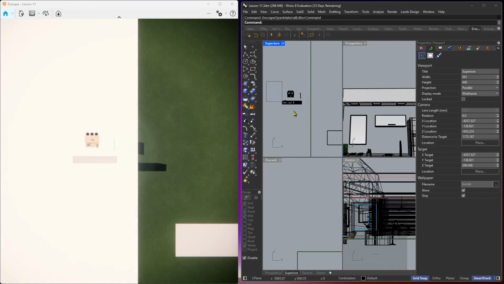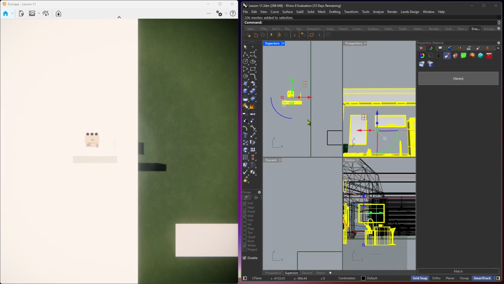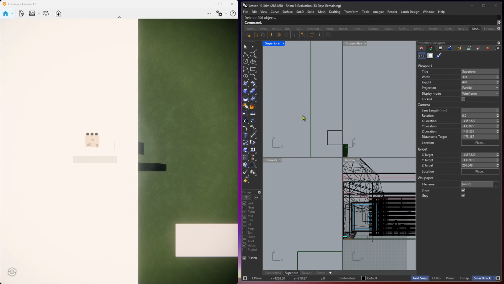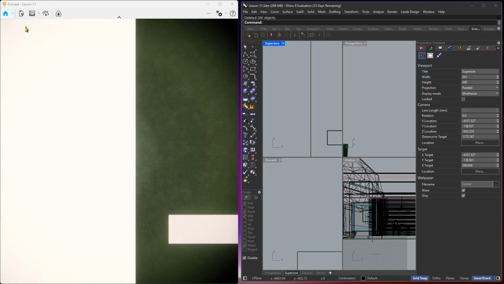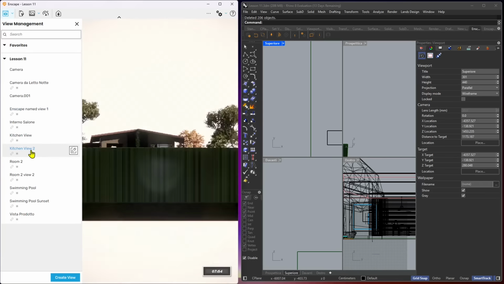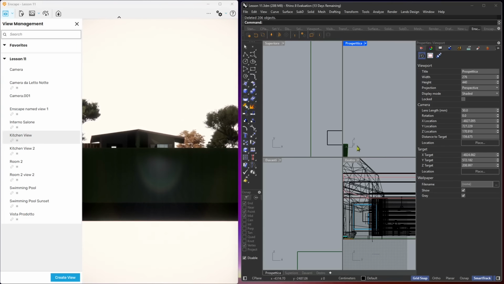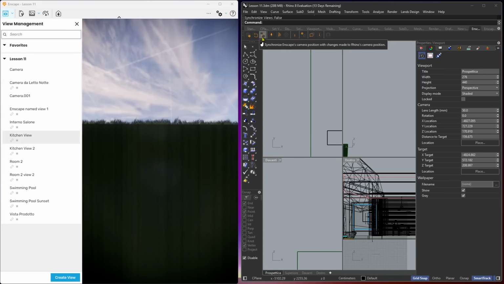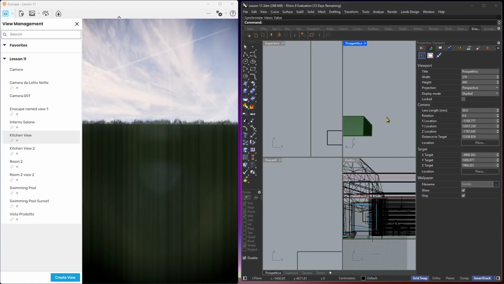Okay, now I want to delete all this stuff because I've already done that. So I'm going to delete it, and I already have it in the interior. And actually, I already created also a view. So I'm going to go in the view management, and you can see here I have two views of the kitchen. Just need to unlock the camera